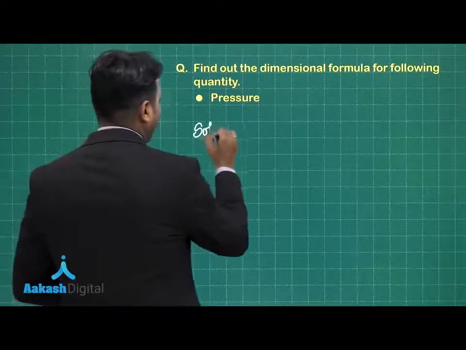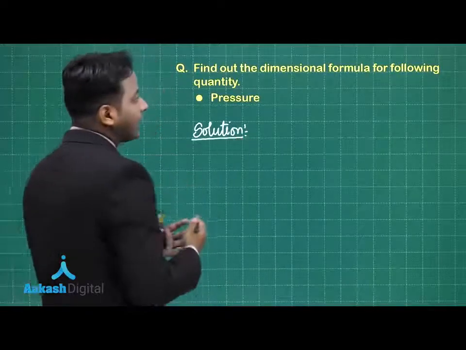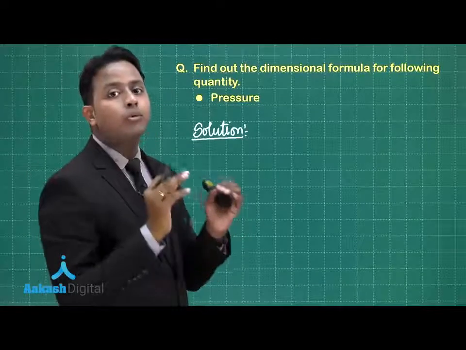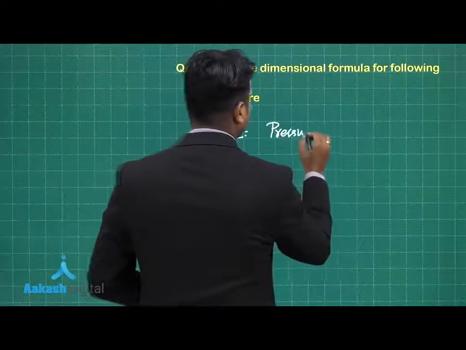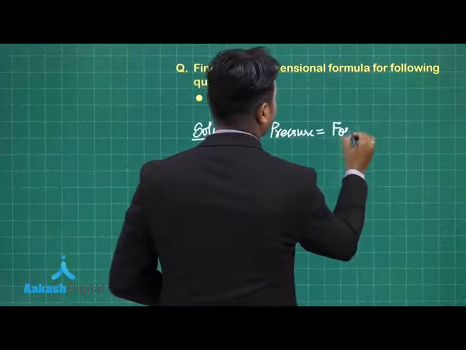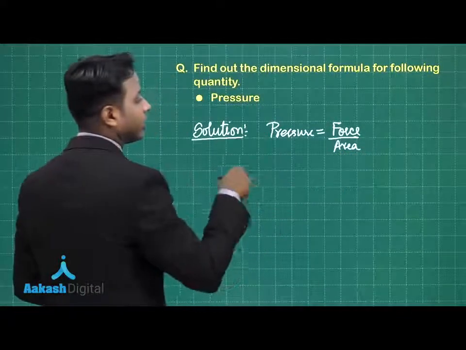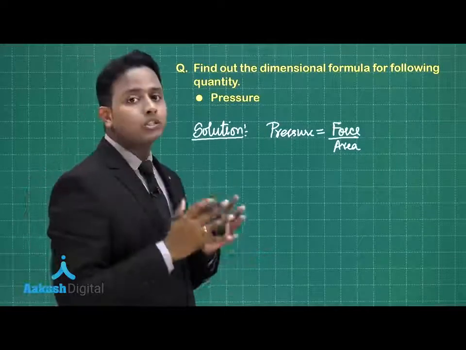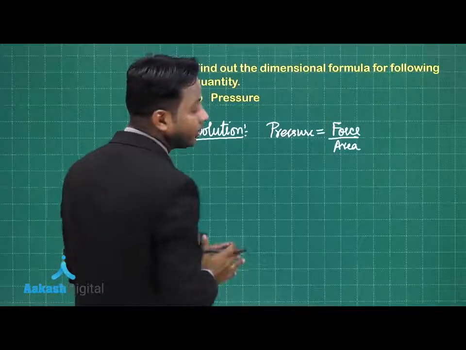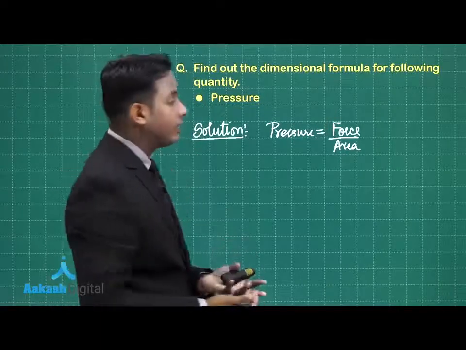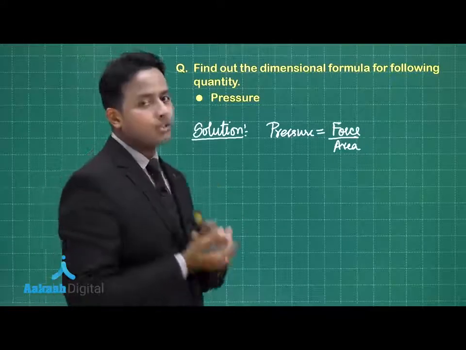Now while you are solving these kind of questions, the basic idea that you must have is the formula for that physical quantity. So you have the pressure is being defined as force per unit area. Now it doesn't matter it is a perpendicular area or it's a parallel area, at least you must remember what is the physical quantity that is kept in the numerator and the denominator. But practically pressure is actually the thrust force divided by the perpendicular area.